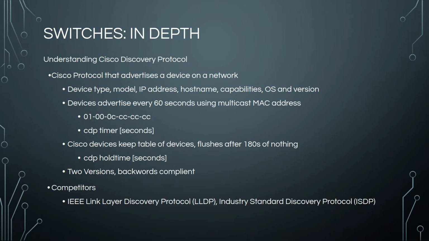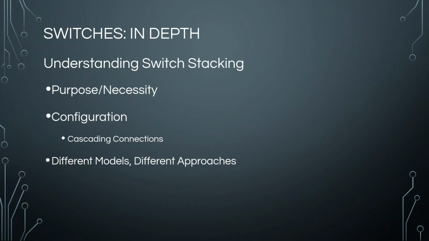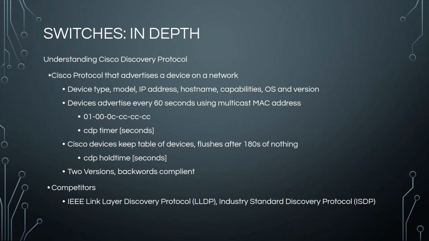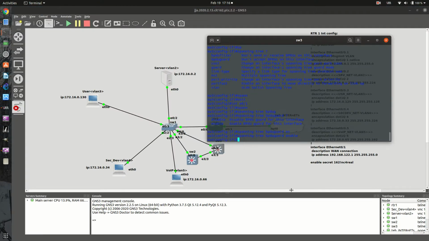There's 2 versions. They are backwards compliant. Now, this is a Cisco proprietary protocol. CDP is Cisco Discovery Protocol. There is a competitor version, LLDP, Link Layer Discovery Protocol, which is an IEEE standard, so it's got probably an 802 or whatever number on it, but it's called Link Layer Discovery Protocol. Cisco devices, we're pretty much all happy running CDP, and a lot of number of devices are happy to run CDP as well. So if I do show CDP,